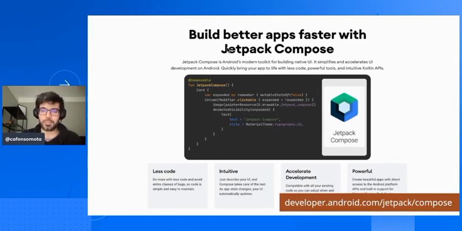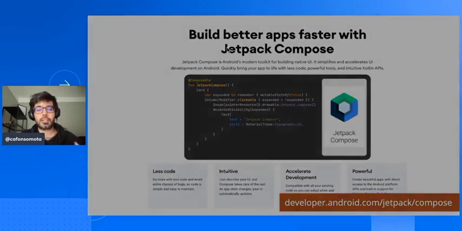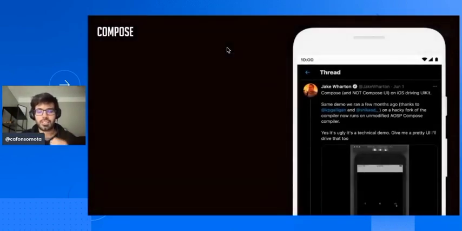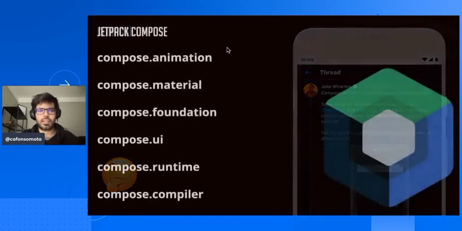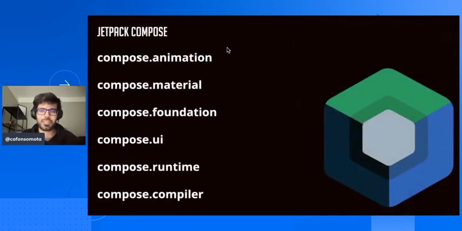And happily, I don't need to worry about that findViewById, that's awful. But there's more to Compose. Jake Wharton tweeted a couple of months ago that he was using Compose on iOS, and I immediately thought, okay, but how? And then I dived in and noticed that, once again, there is more to Compose than we thought there was.